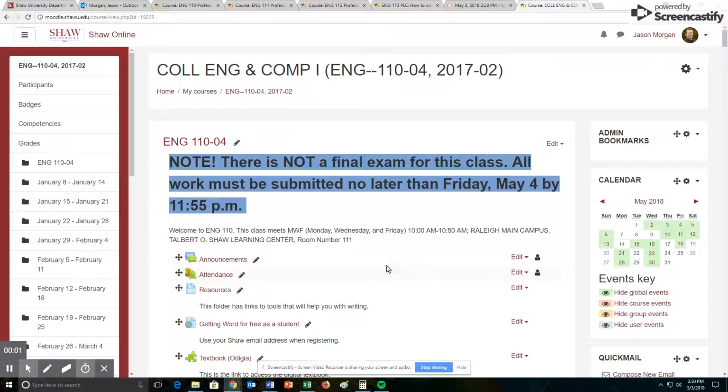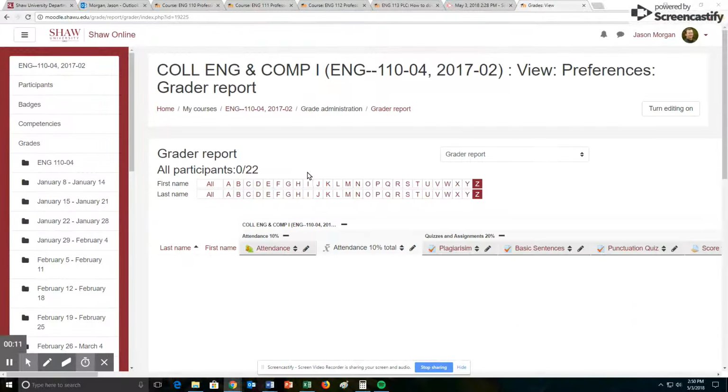Hello, and this video is going to show you how to download your gradebook and format it. It's not just enough to download it, you've got to format it. To download it as an Excel spreadsheet, you're going to go to Grades,